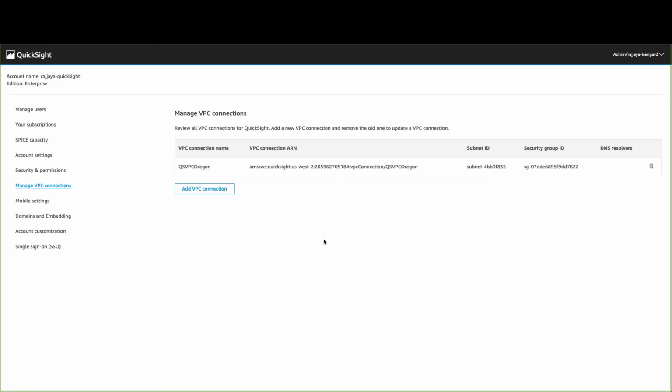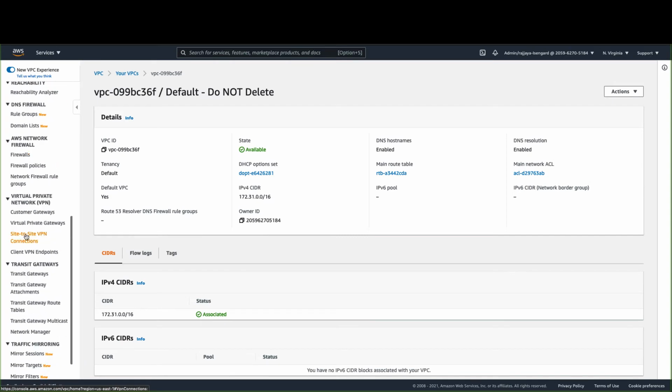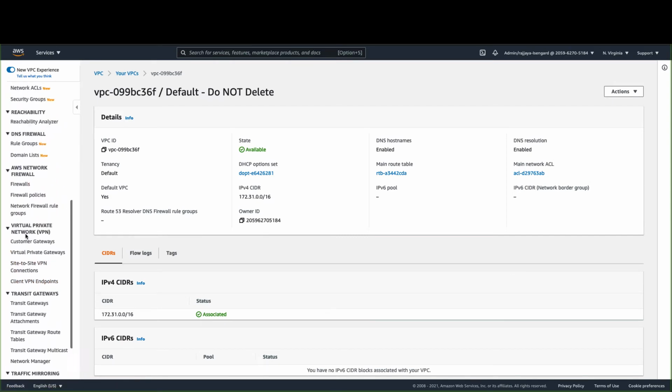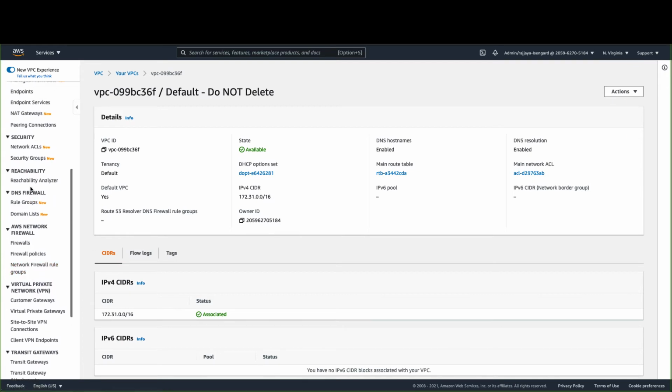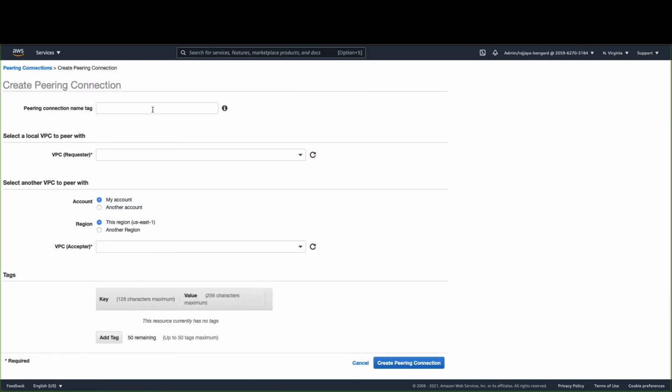While our VPC connection is getting created, let's go ahead and create a VPC peering connection. I'll go into VPC console in North Virginia region where I have my RDS instance. I'll scroll down to peering connections. And I will click on create peering connection.